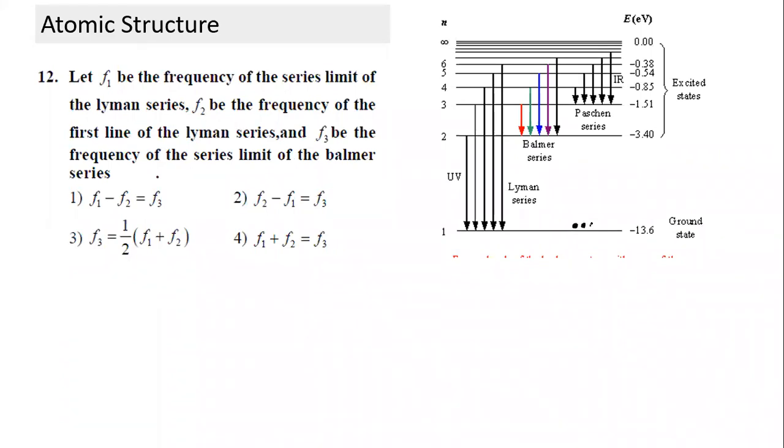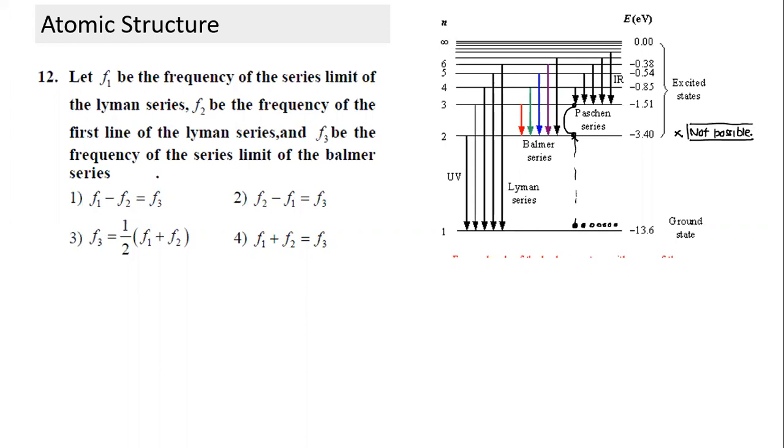So initially you have all the electrons in the ground state. One of the electrons receives a photon having energy of 10.2 and gets excited to n equal to 2. And as soon as it gets there, can it not receive another photon which has energy of 1.9 and go from 2 to 3? Is it possible for an electron to get to an excited state and again receive one more photon and go to the next higher state? Actually, this is not possible. In the normal course, this is not possible. Think of a reason why it is not possible.